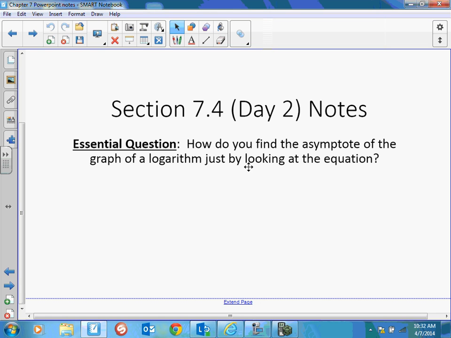Okay, section 7.4, day 2 notes. Essential question: how do you find the asymptote of a graph of a logarithm just by looking at the equation? This section will be graphing logarithms. Pretty much logarithms are the inverses of exponential functions, so they're going to have some of the same characteristics except